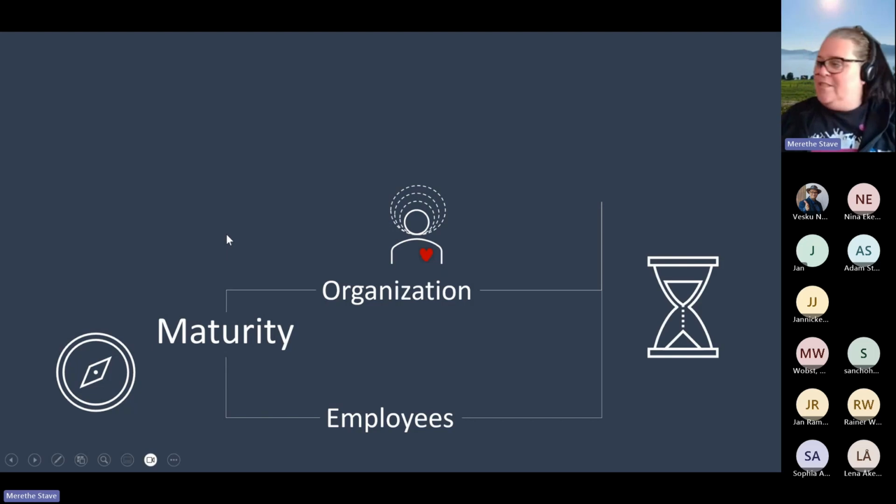As somebody mentioned in the form, time is many times the problem. We say we don't have time for training and skilling, but we all have 24 hours in a day. There's no difference between any of us. So the question is, how do you prioritize time for learning and skilling? Does your manager give you a certain time per week for it? Because it makes a difference when my manager gives me time to learn. For example, we